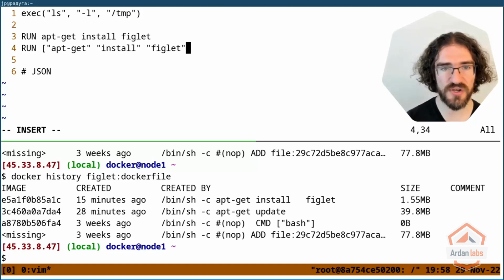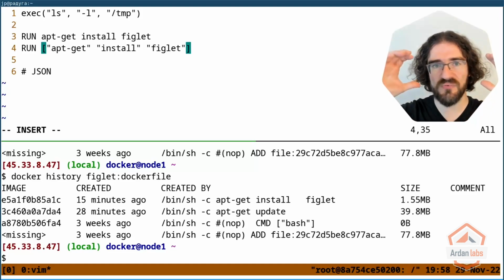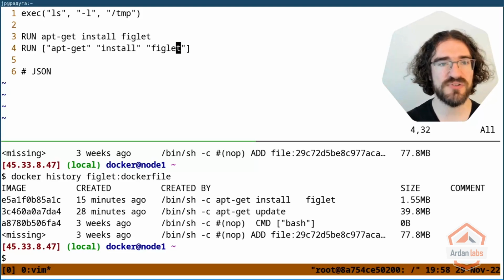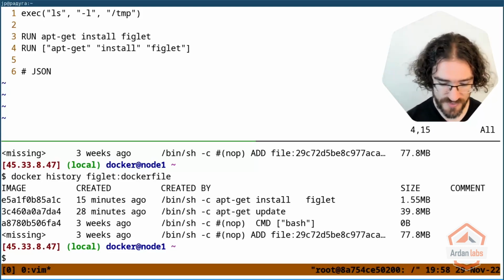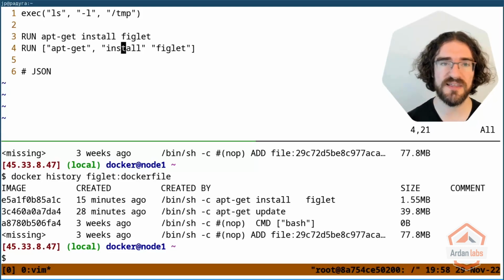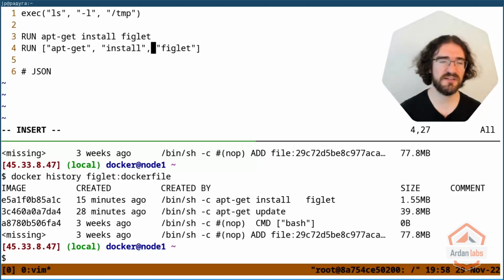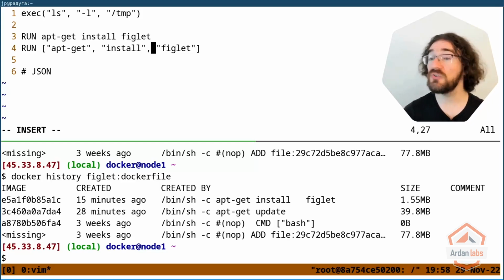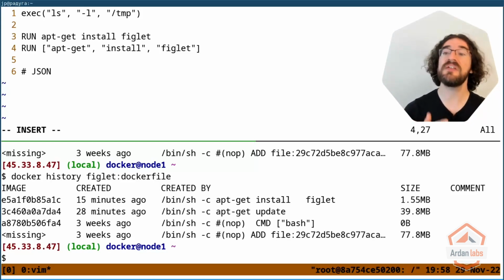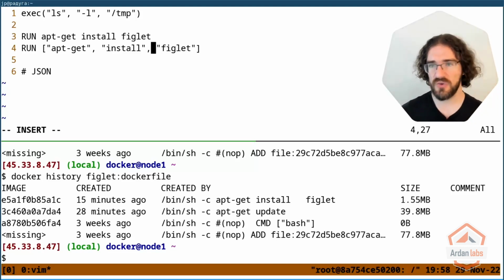We use square brackets, then we put strings, so double quotes, and we separate them with commas like this. So in that case, I'm telling the Docker builder, hey, you don't need to call the shell. I got you. I'm going to do the parsing myself. This is the exact command that I want you to execute. You don't need to do that